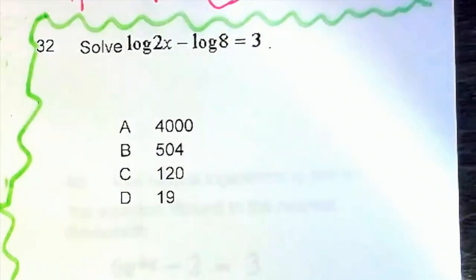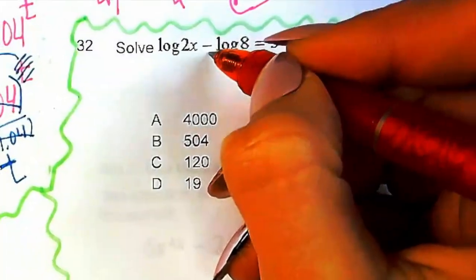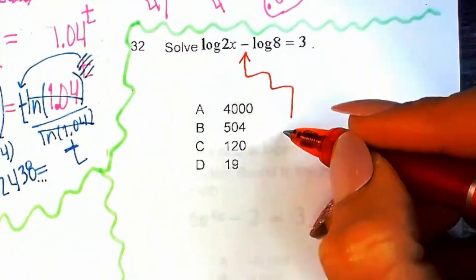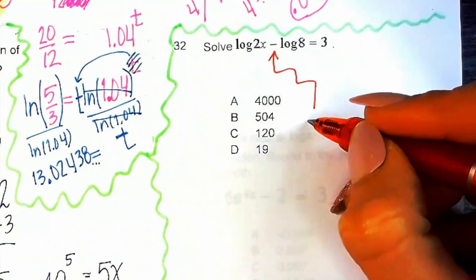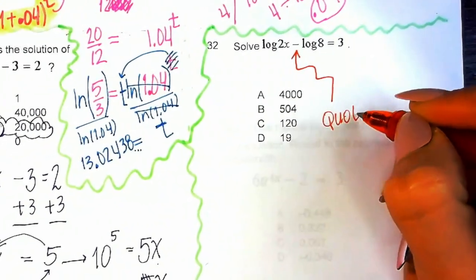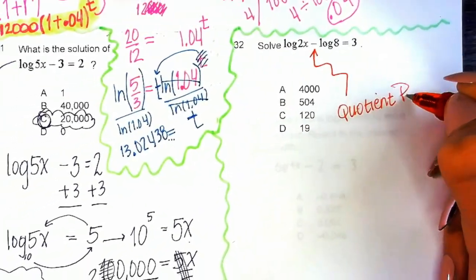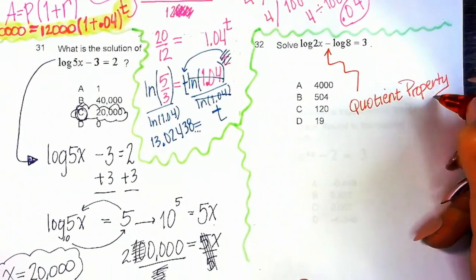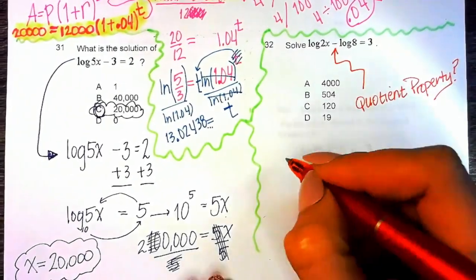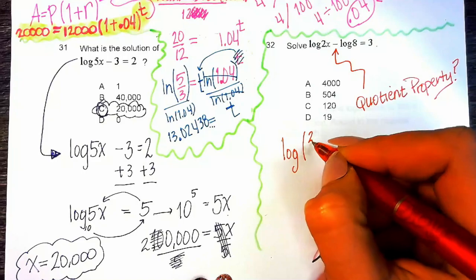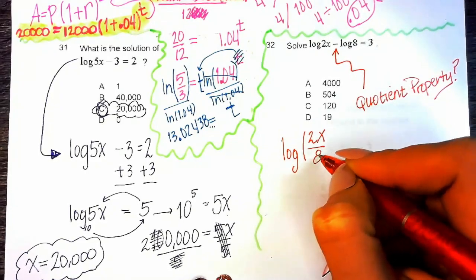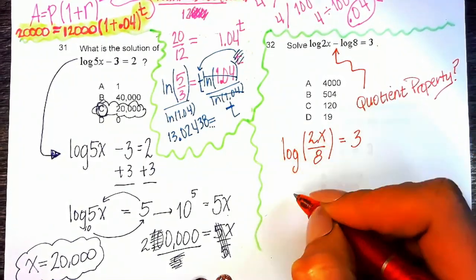Example 32, we're solving another logarithmic equation. Make sure you recognize that we have a log base 10 because of the common log, no subscript written, and we could also use the quotient property. This way we can consolidate our left side down to a single logarithm, which is super important. When we use the quotient property, we'll have log of 2x over 8, which reduces to x over 4, equals